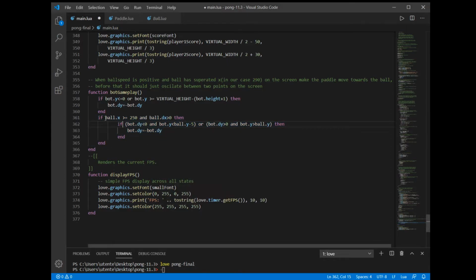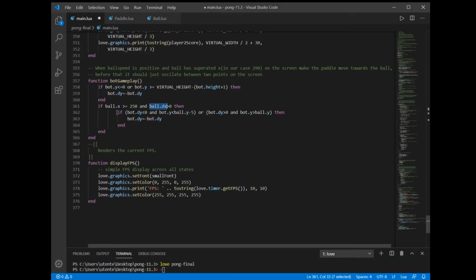So first of all, I added a condition that says that if the ball horizontally passes a certain threshold, in this case 250, and the ball's direction is towards the right, so towards the bot paddle, then if the paddle is